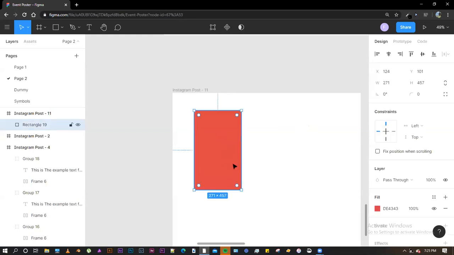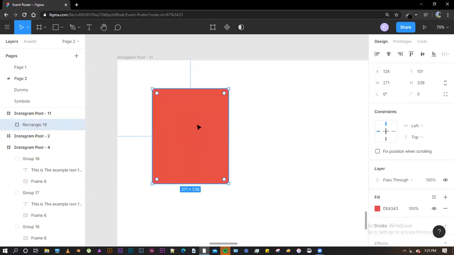Now, if I want to decrease the height, then I would hold down the command or the control key and then hit the up arrow. So this would decrease the height by 1 pixel if I'm holding down only the control key. And if I hold down the control and the shift key and then click on the up arrow, it would decrease by 10. So this is a preference that you can edit from here.